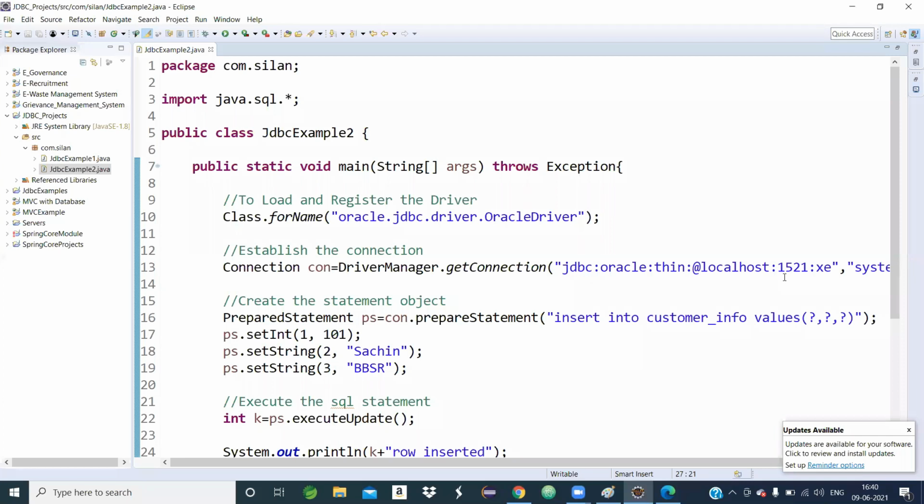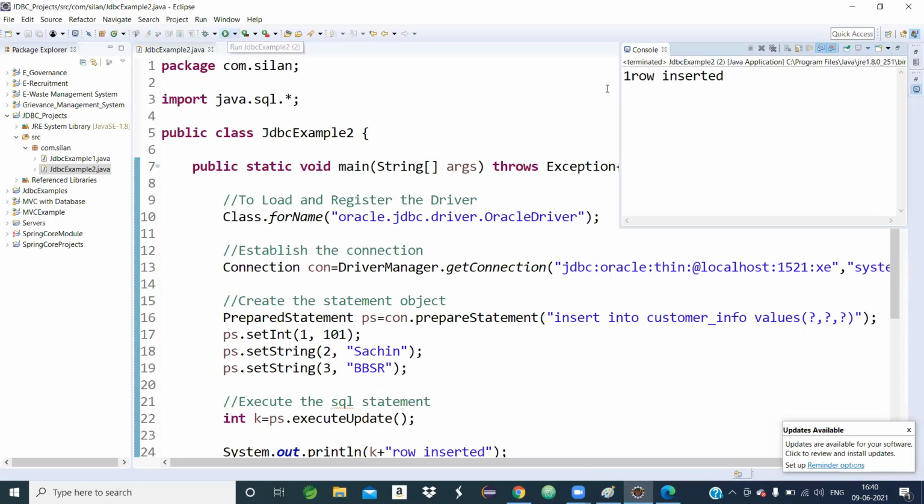I followed the same 5 steps: load and register the driver, establish the connection, create the statement object, execute the SQL statement, then close the connection. Now I will save and hit run to see the output. One row inserted.